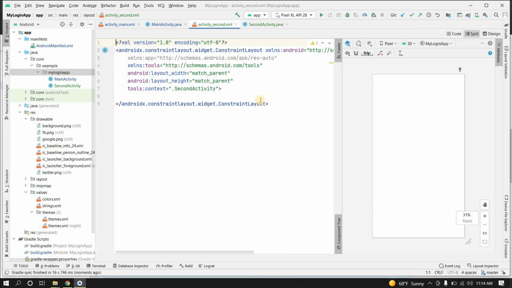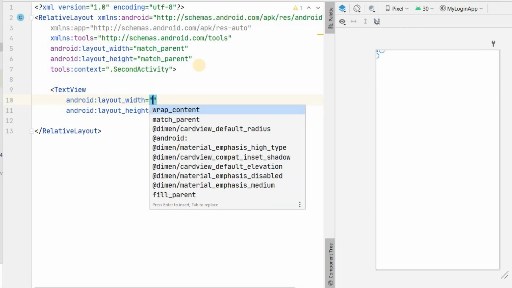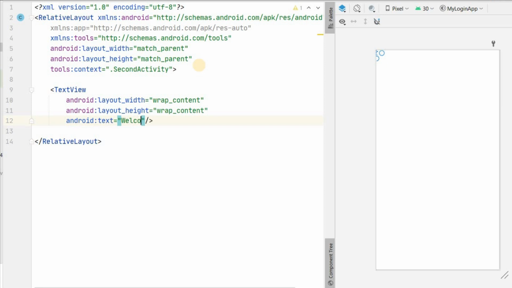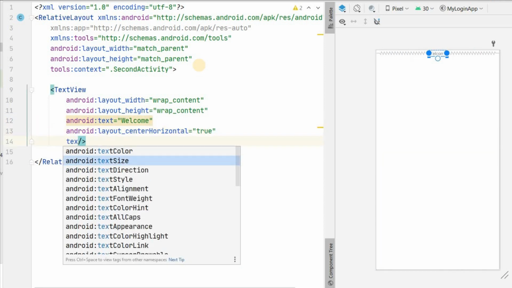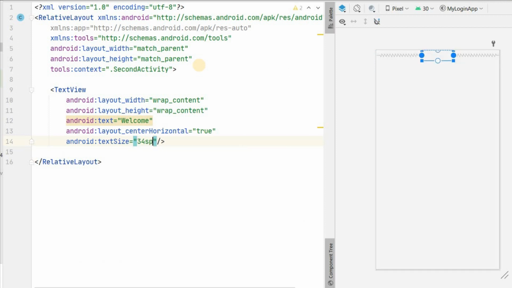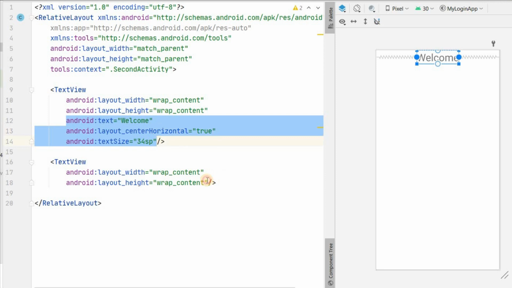So let's design this relative layout. I'll give a text view with text as welcome, center in horizontal true, and text size I will give 34dp. Again another text view, I will give the same thing. I will copy from here.